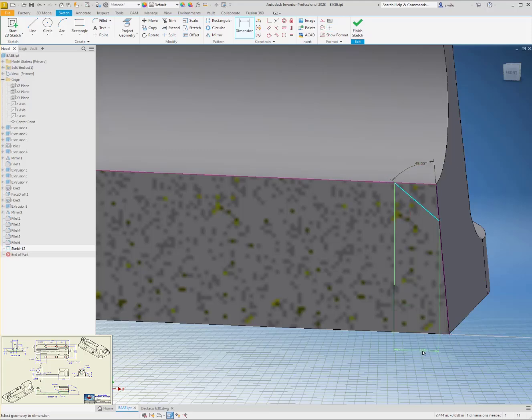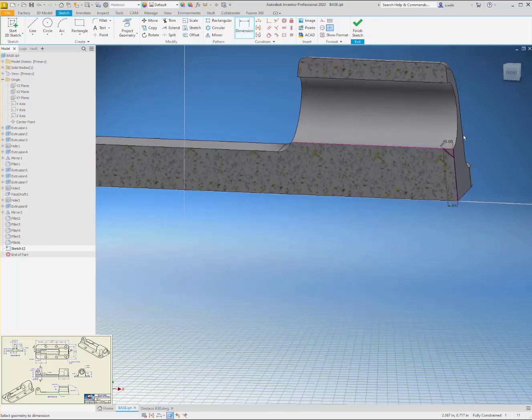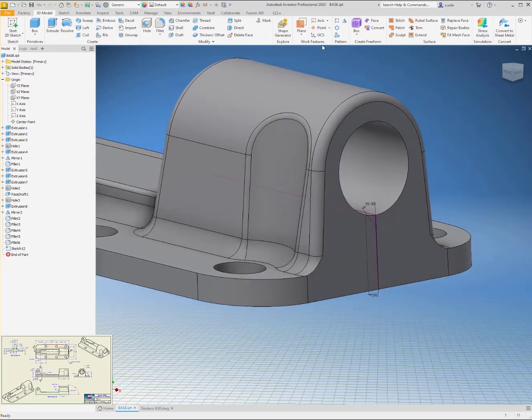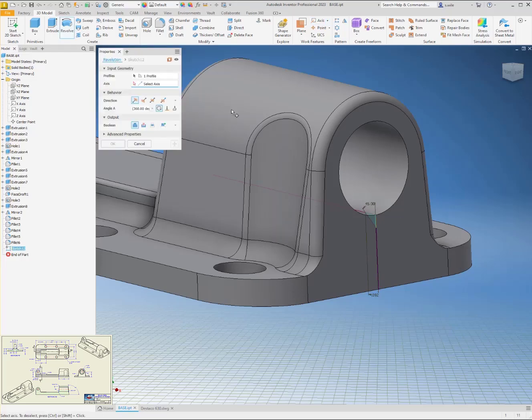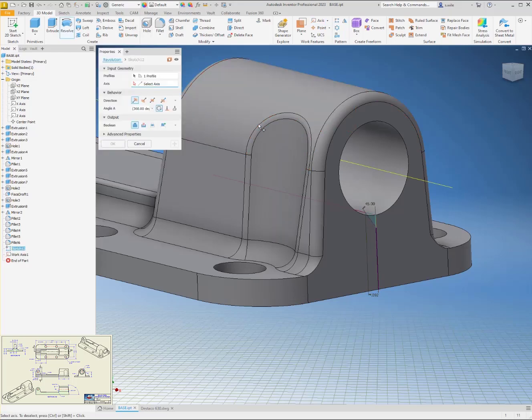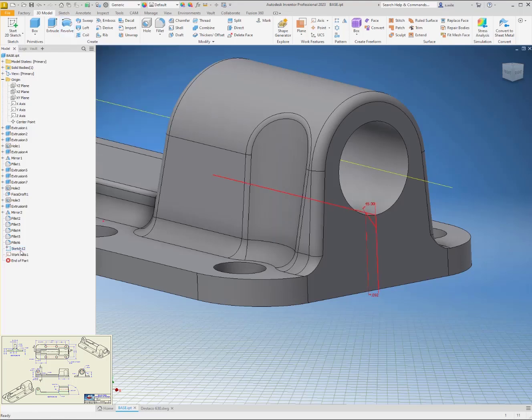Oh, it does have a dimension here of 0.092. I guess that is dimensioned. And I'm going to probably need an axis through here. I don't think I can revolve. Yeah, I need an axis through here. And then revolve about that axis. The axis has to be above my sketch for some reason